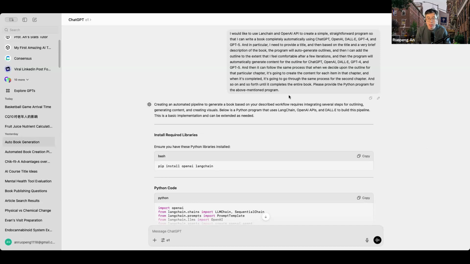And I also specified how the O1 model should write the program in a few sentences. For example, it should allow the user to first provide a title and a brief description of the book he or she would like to generate. And then the user should be provided with the opportunity to revise the title and description. When the user hits enter,